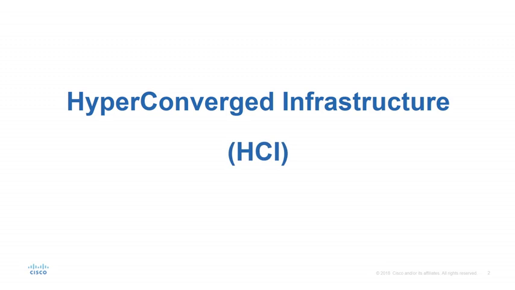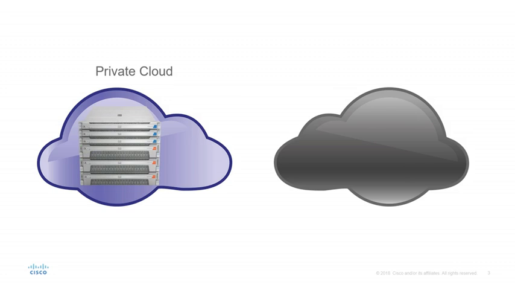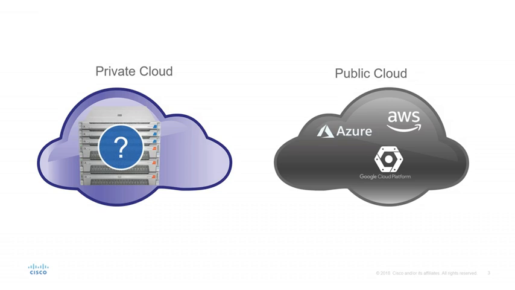Hyperconverged is a quickly growing trend in the data center. This is often being mentioned in conjunction with cloud infrastructure, and today's data center is increasingly moving towards private or public cloud. But what does hyperconverged really mean, and why is it so good as a cloud platform? First, we need to understand how the data center evolved, and what were some of the challenges that it had